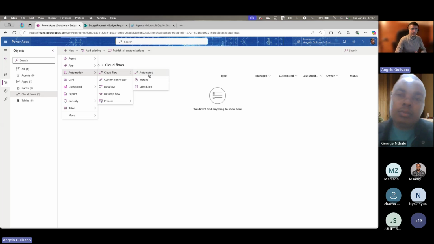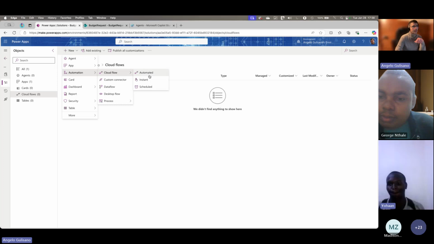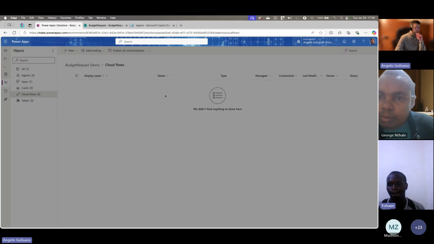Automated is when you need a flow which is triggered automatically, for example, if you create a record on SharePoint or in databases, or if you receive a mail, etc. Instant is if you want to call your flow manually, and scheduled if you need a scheduled flow. In our case, we are going to use an automated flow.